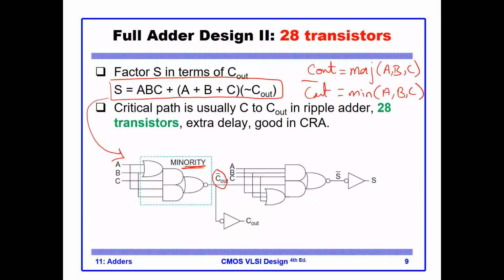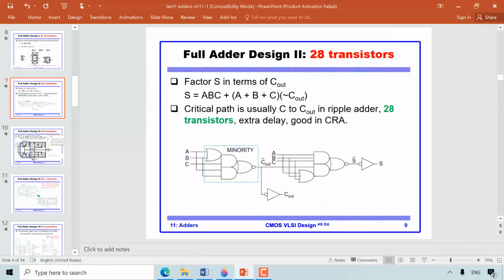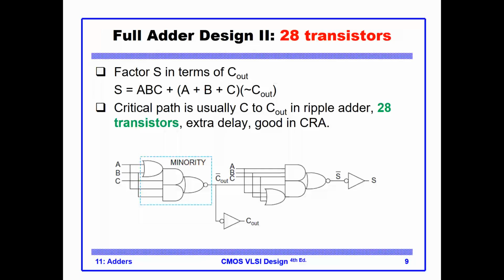So basically, what's in here is A or B, ANDed with C, or A B. Okay, and this is equal to A C or B C or A B, prime,